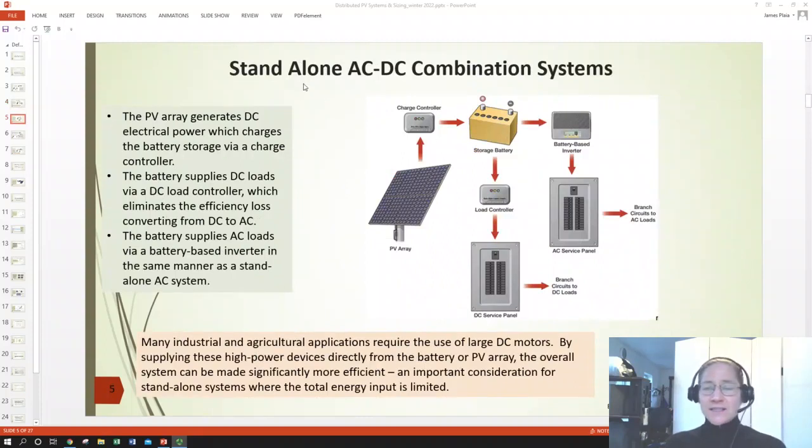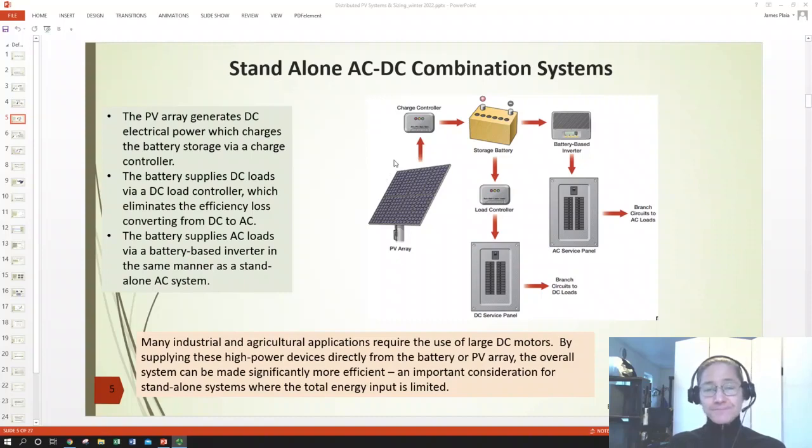Last but not least, in the standalone category, we can do a bit of both. We can do an AC-DC combo system. Again, each time we go to a more complicated system, you'll notice we've got a bigger diagram. We're adding more equipment. So that is the trend with any kind of home power system, any kind of power system. The more you want it to do, the more components it's going to have, the more prone to failure, the more expensive, but the more flexible, the more jobs it can do. So again, it's a balance of what you need for your site and your power needs